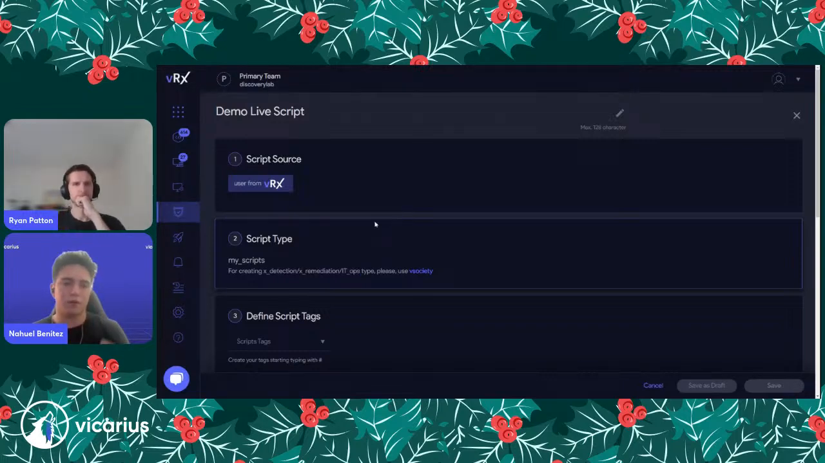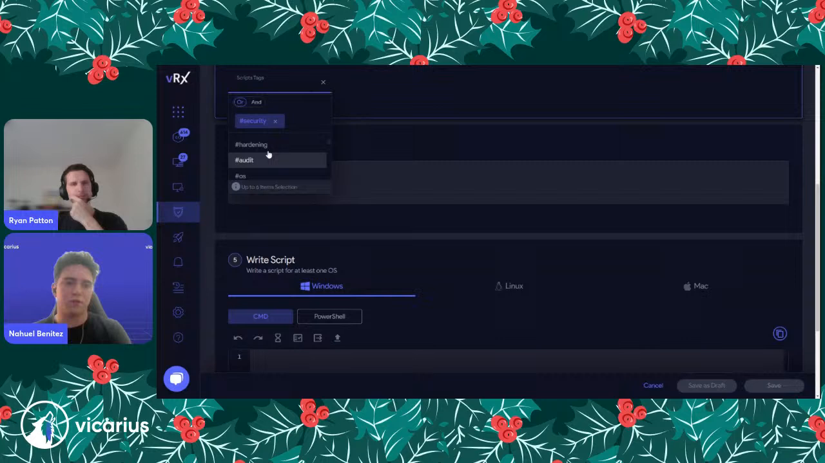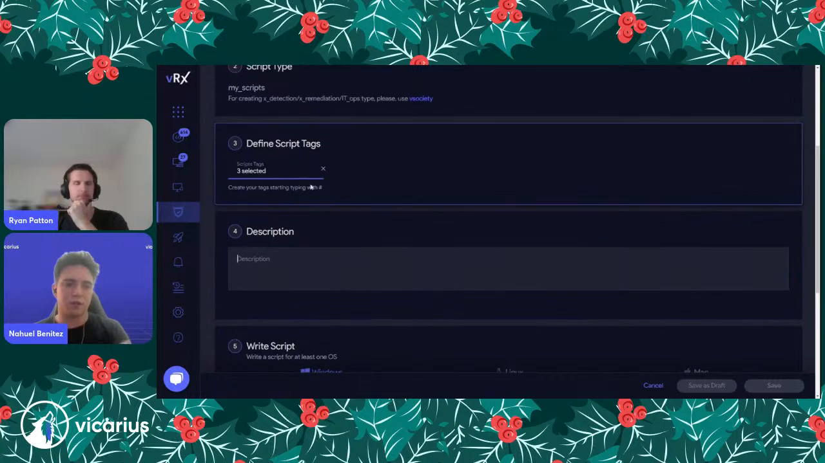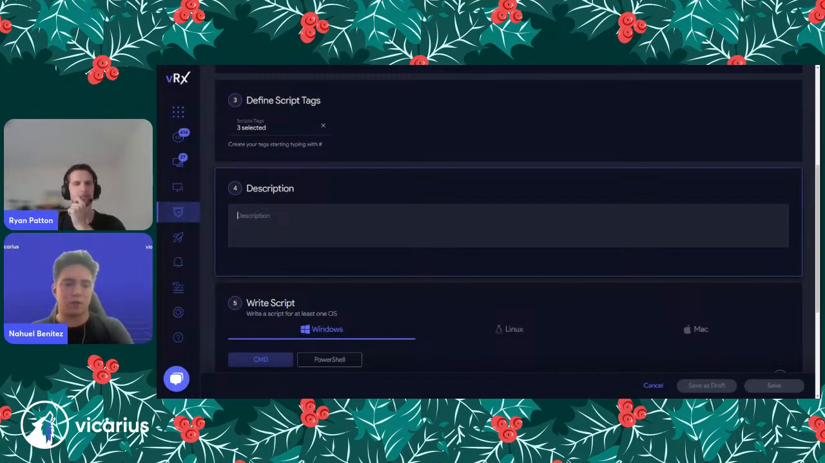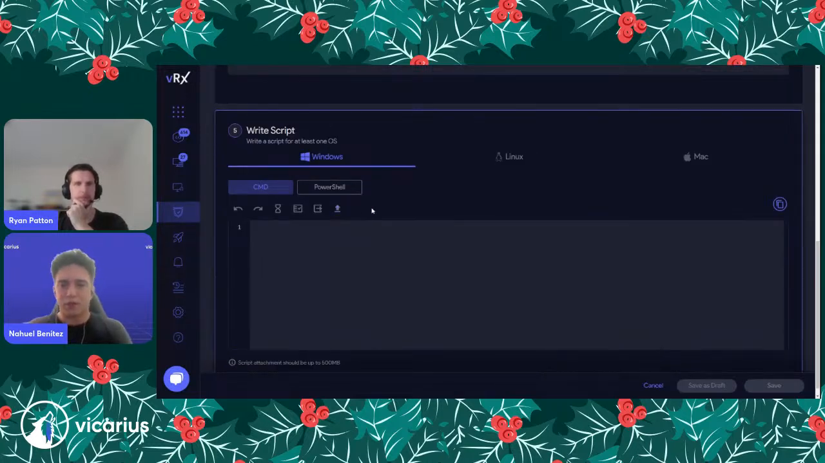But if you want to only have a script for your team, for your dashboard, you can come here and you will see that the source will be user from VRX. You can write the title for it. You can set your tags if you want to maybe perform security hardening, or I don't know, a network work. And you can start creating your tags, make a description, the script for live demo, and you're gonna start creating